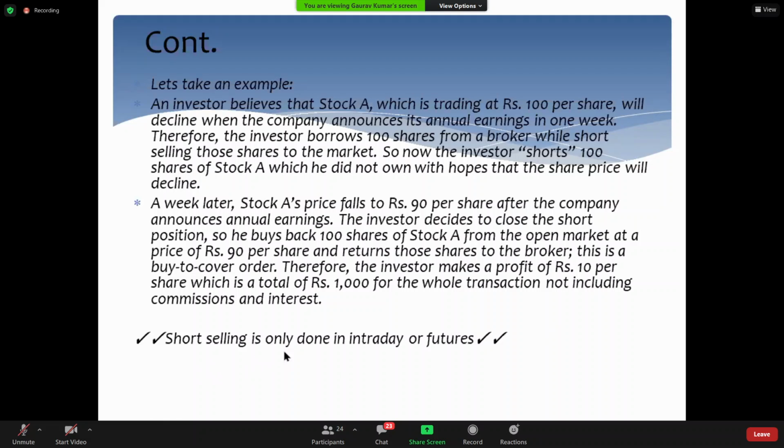Short selling is only done in intraday or futures. You cannot take positional trades with short positions or swing trades. Short selling requires margin to be traded. So you can short a stock in intraday or in futures only. Moving forward,